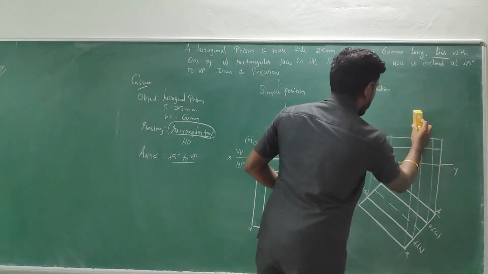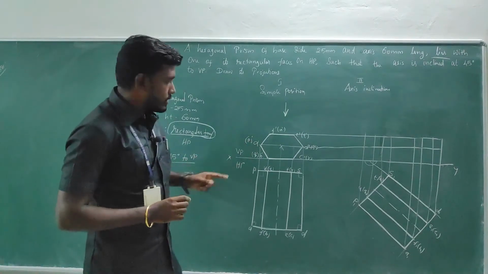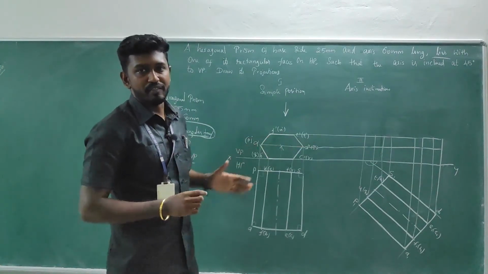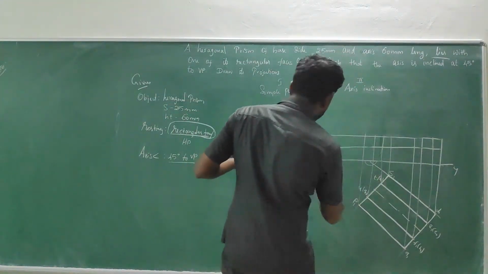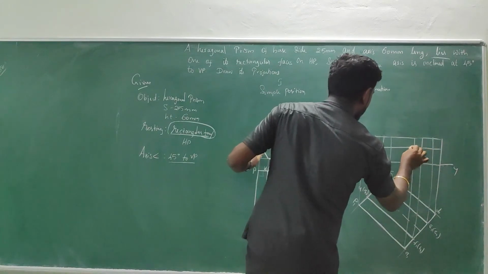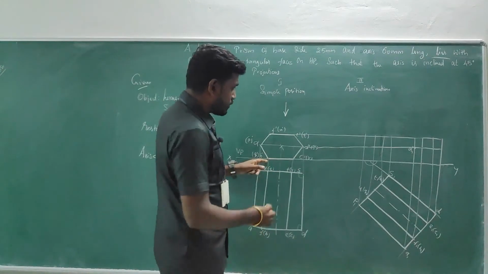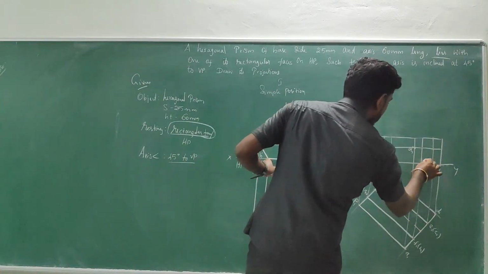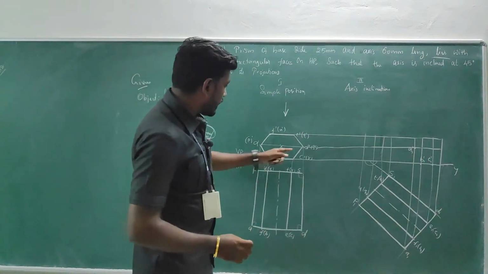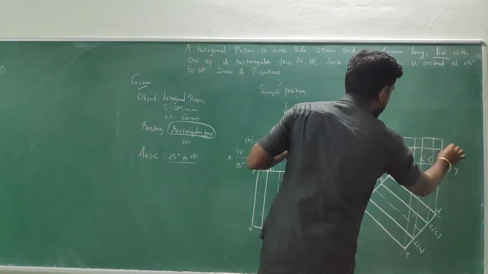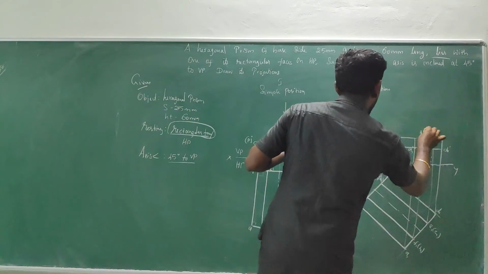Okay, now go for the mapping works. Concentrate on the front face first. A, B, C, D, E and F. A horizontal is coming here and vertical is here. So this would be A1 dash. Here is B and here is the B. So this would be B1 dash. Here is the C1 dash. Here is the D1 dash. And here is the E1 dash. And here is the F1 dash.